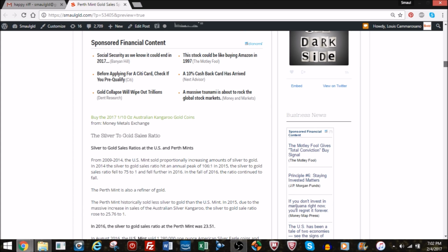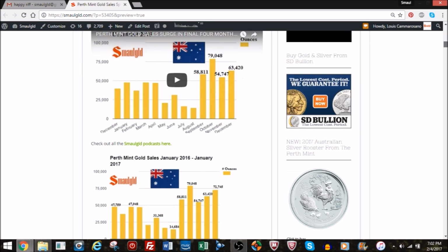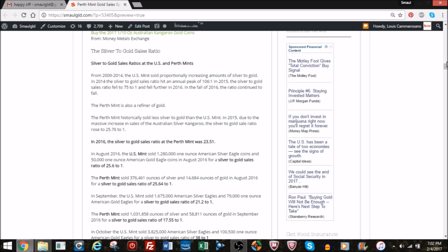So the only other thing we have to talk about now is the silver to gold sales ratio. The silver to gold sales ratio I track at the US Mint, and that is how many 1 ounce American Silver Eagle coins are sold versus the number of 1 ounce American Gold Eagle coins. In the Perth Mint, they do the same thing. I follow how many ounces of silver are sold at the Perth Mint compared to how many ounces of gold are sold. Now, the Perth Mint historically has sold less silver than gold than the U.S. Mint,